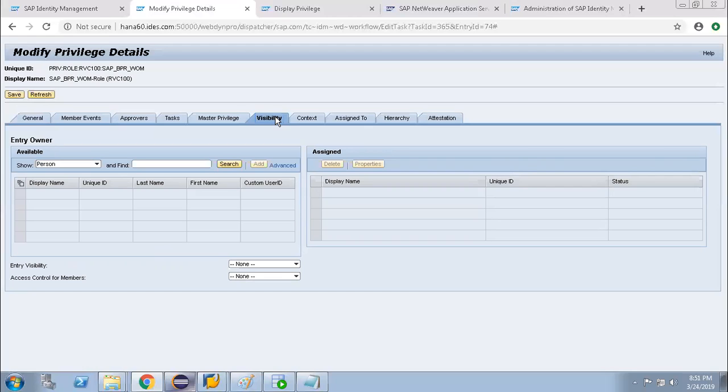The approver is someone who will be approving the business scenario. That means if the role is assigned to someone else, then only the approver will get notified.